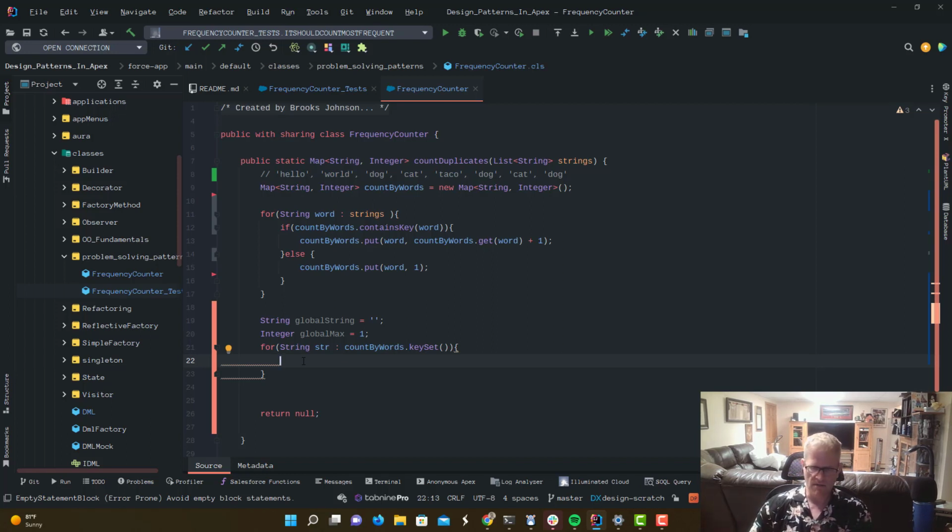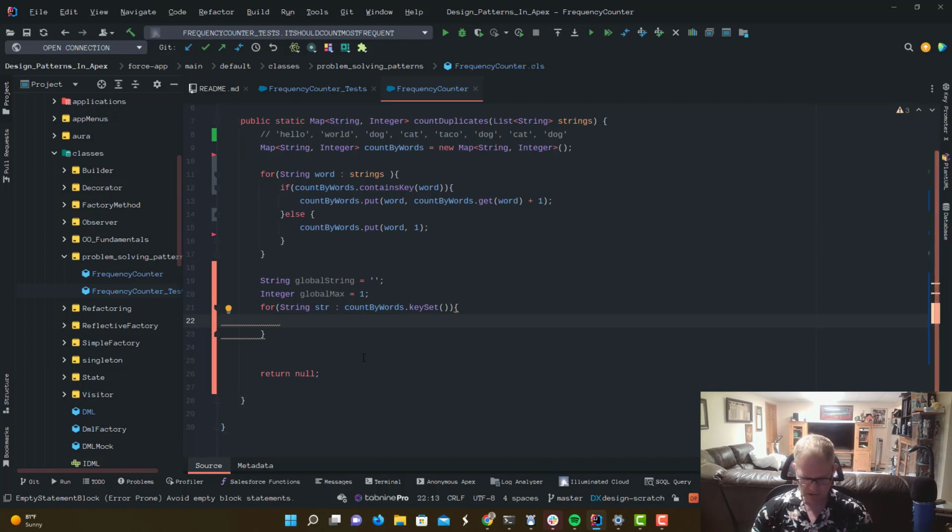So if this list went from 10 values to 100 values, it's O of n. That's still how many steps it takes to solve, versus squaring every time. So that's really important to take away from this. We could have 2 or 3 for loops in here, and it's still much, much more efficient than one nested for loop, okay? So now we're going to iterate over our key set, and I'm just going to say,